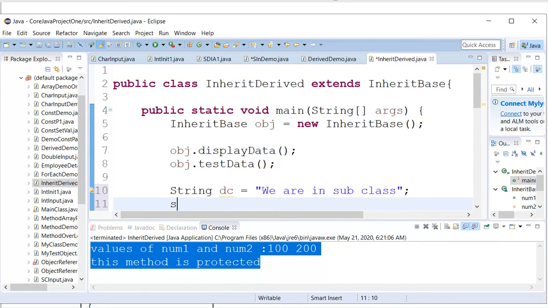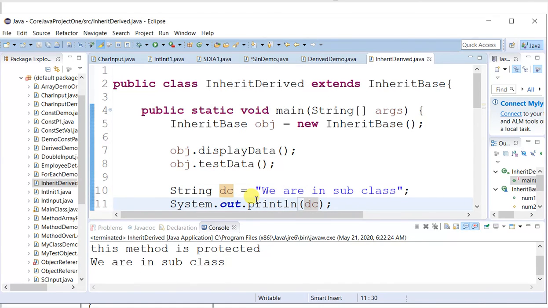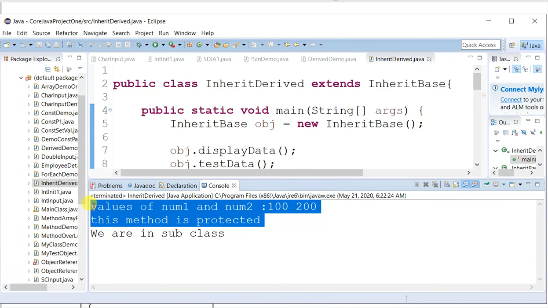Let us say sys out. I am just printing its own member. So, let me execute again. Say this, we are in subclass. So, the derived class can access all the members available in base class and it can have its own properties. So, that is the meaning of single inheritance, and this is the way it works.